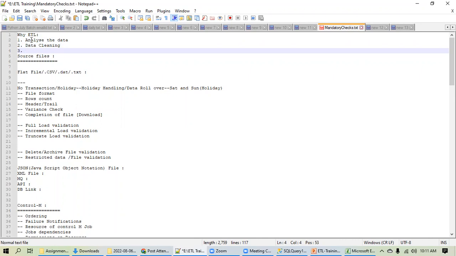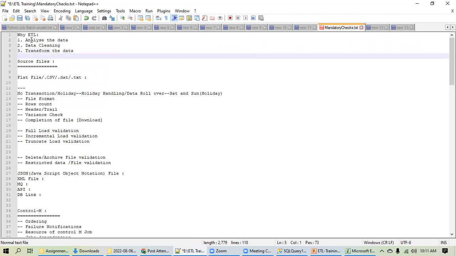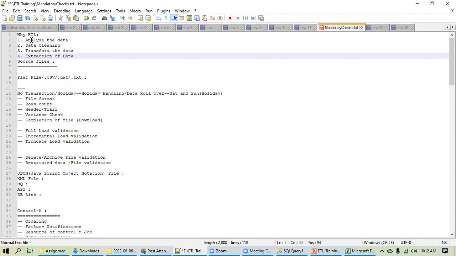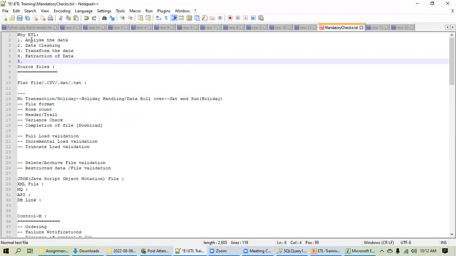Transforming the data. Yeah. Very good, transformation of data. Okay. What else? Anything else? Extraction of data. Okay, you want to do extraction of data. Anything else? Yeah, finally loading the data.